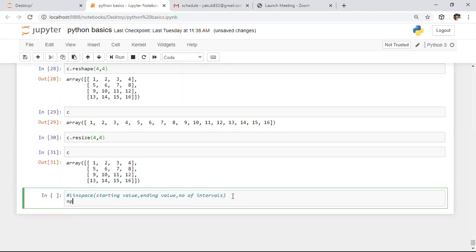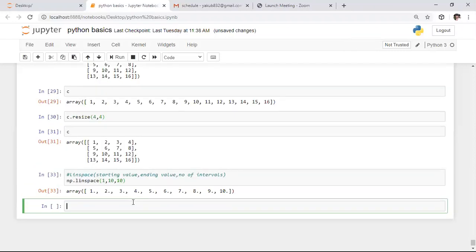So I'm saying np dot linspace of, I want to check. I want to print the numbers in the range of 1 to 10 with 10 steps. In between this 1 to 10, I want to keep 10 intervals. I want to divide this entire real number line into 10 steps. So I am running this portion. Whenever you run this, it will create an array from 1 to 10. Here I kept 10 equidistant values. I'm dividing this range into 10 steps, that is nothing but 10 intervals.